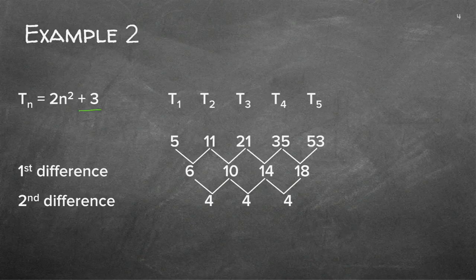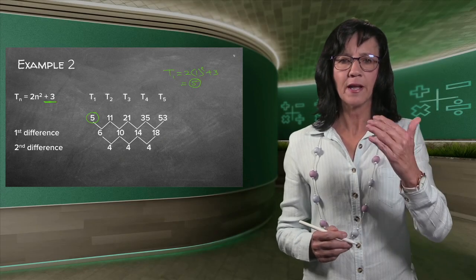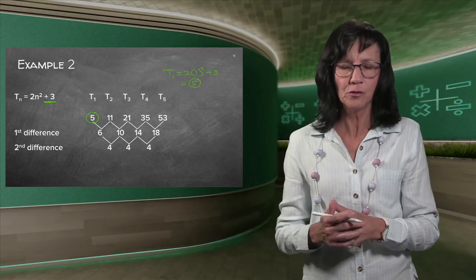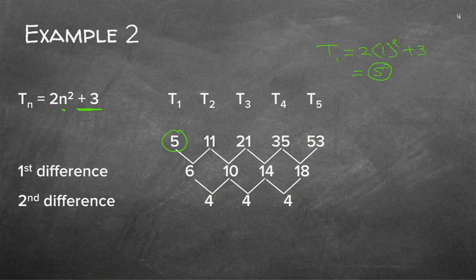Now we did it extra, a little bit. We said now 2n squared plus 3. Let's just see where they get it from. If you do term 1, you say 2n squared plus 3, but the n is now 1. 2 times 1 is 2, plus 3 is 5. And that is where they get the 5 from. So you can do this with every term. You take your formula, and for term 2, you replace the n with the 2. So 2 squared is 4, times 2 is 8, plus 3 is 11. And that's how they get the 11, etc., etc.